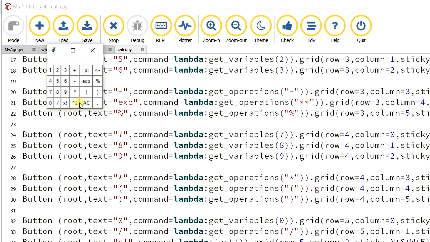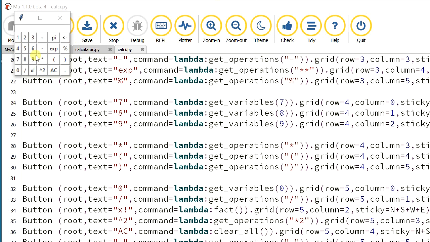Now we are going to write the functions so that we can easily make the calculator a working calculator. So as we see in the output, we have to write the functions for getting variables, getting operators, and clear all the things that are displayed in the display line, and for the backspace button an undo function, then calculate for calculating the results. Here we missed one button, that is the equal to button. Let's add that also. And finally one more function is factorial. For that we have to write the factorial function. So let's add one by one.